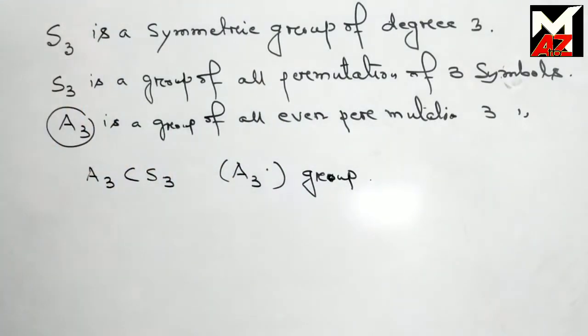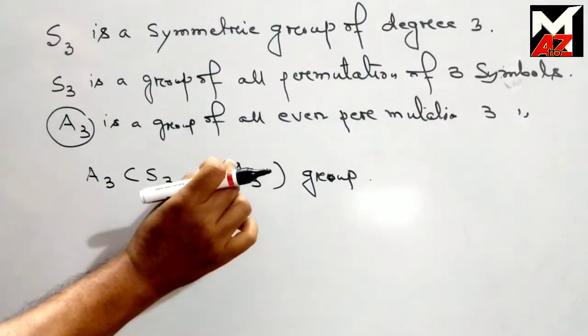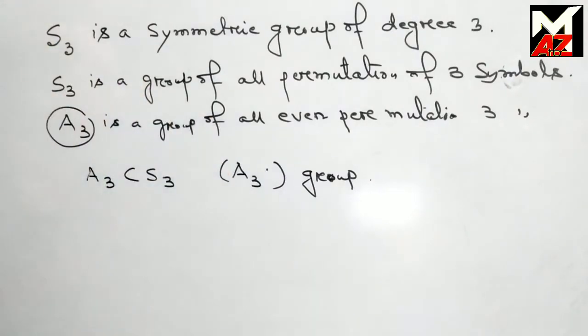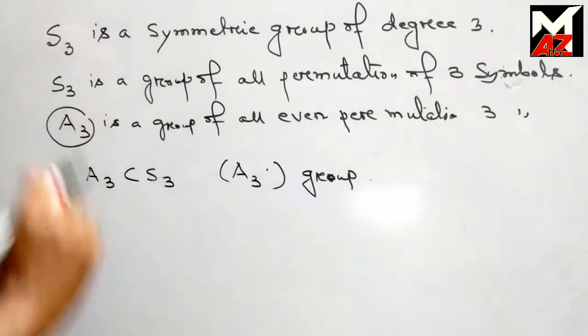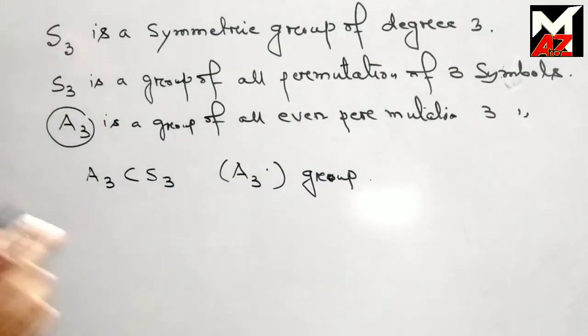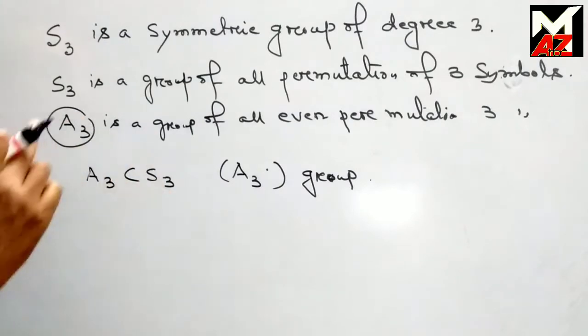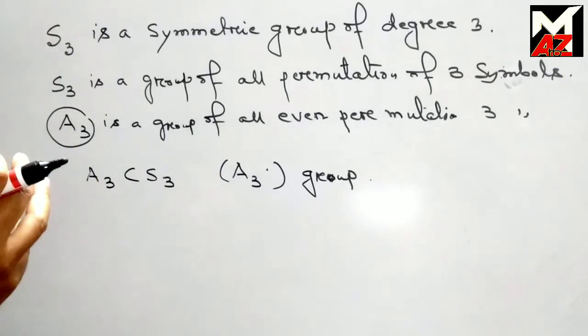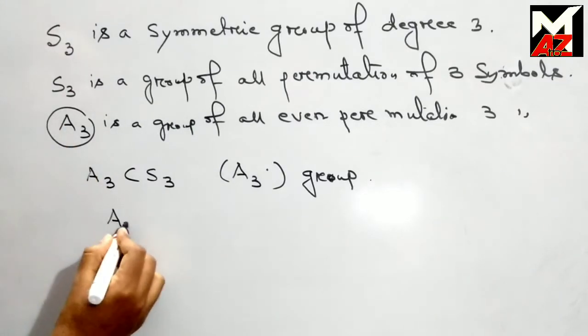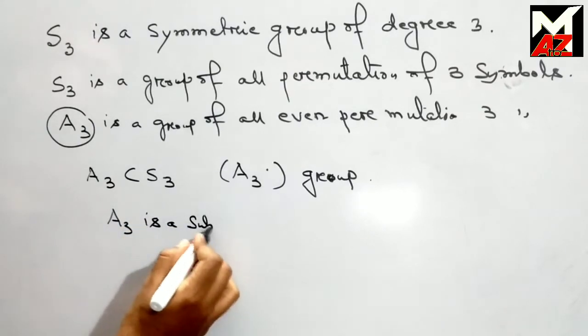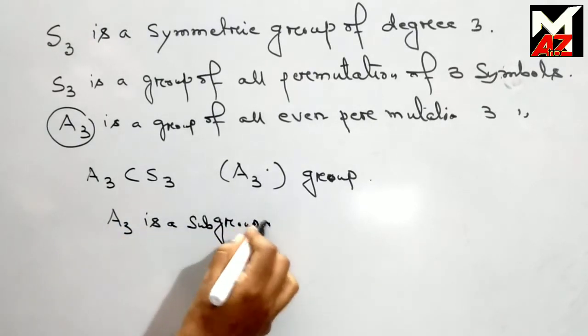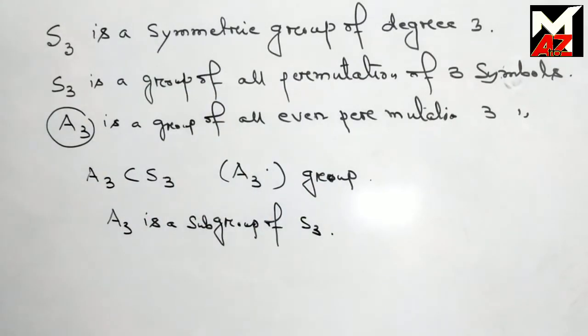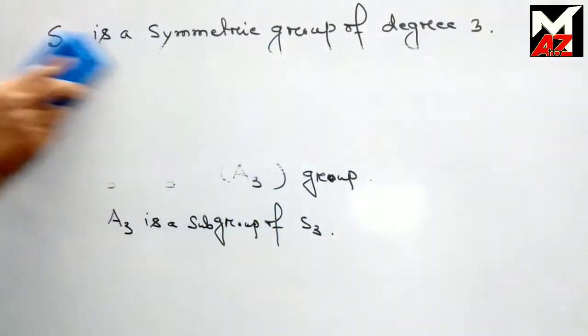This type of group is called a subgroup, because A3 is a subset of S3. Here S3 is a group and A3 is itself a group. So we say that A3 is a subgroup of S3. Now, generally we write the definition of subgroup as,